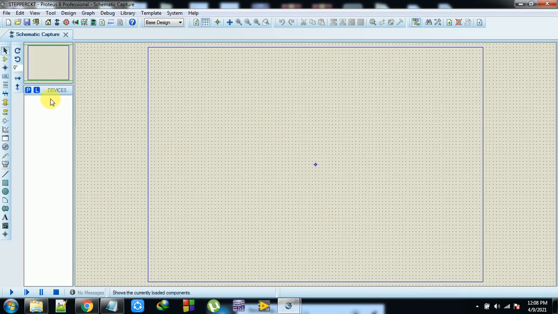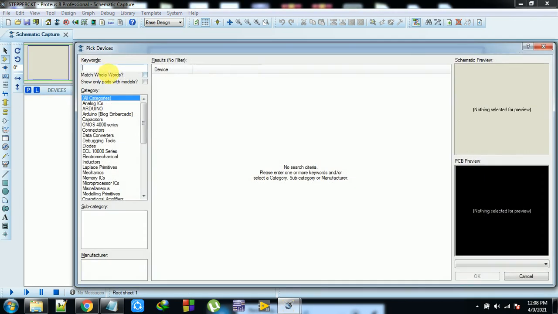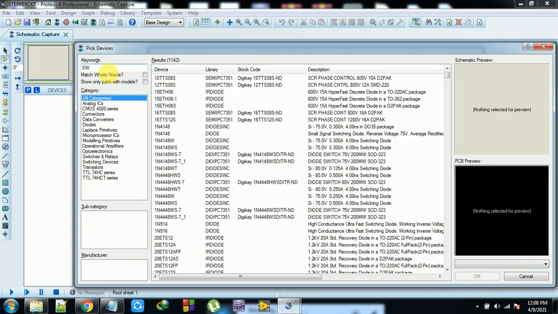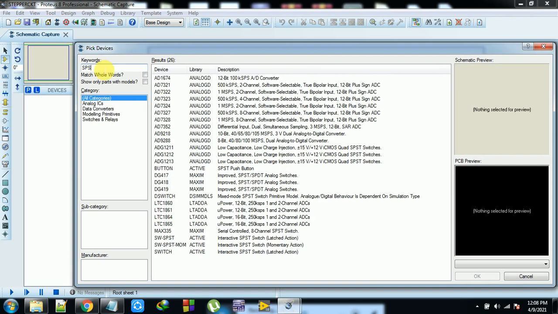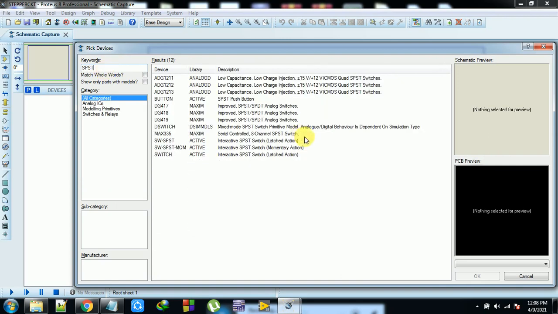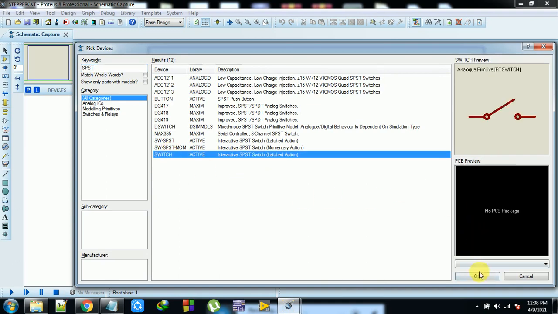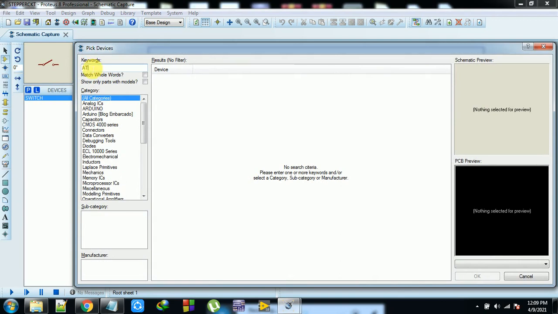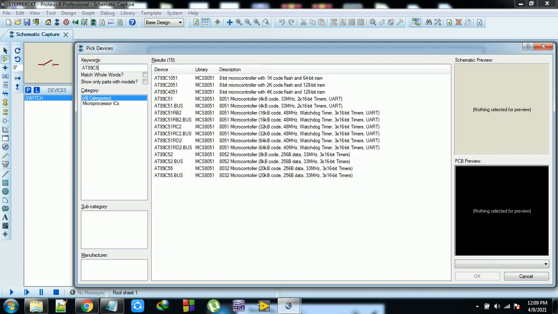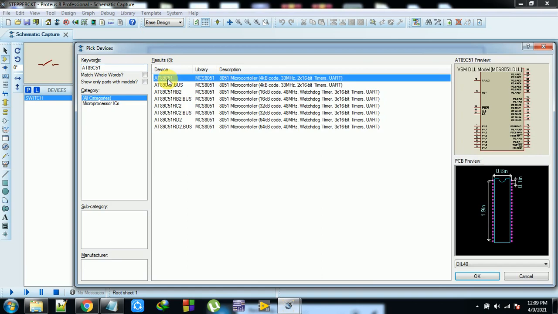Once this is done, just go to the library and pick a switch. I want one switch, SPST, single pole single throw, SPST switch. Next AT89C51, then stepper motor.